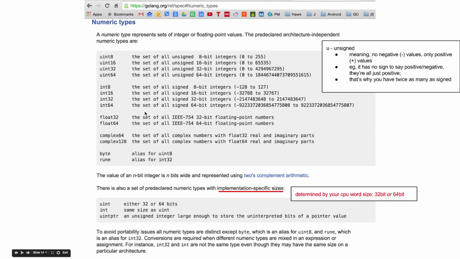When I first saw this list, I was kind of like, what the heck? That's a whole lot of stuff to choose from. Just let it be the shorthand assignment, := , and then it figures it out for you. Or use int and float 64. Or uint. What's the difference between int and uint?